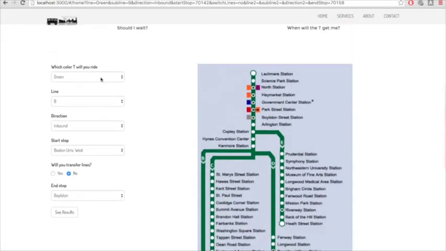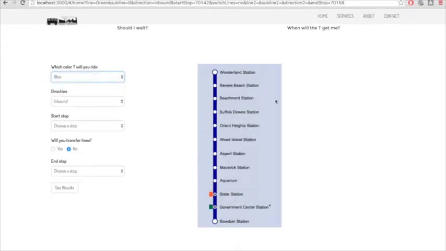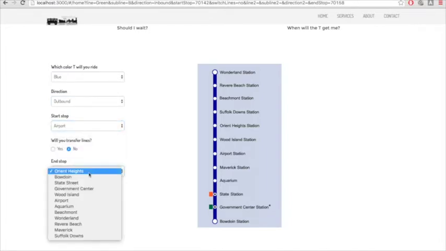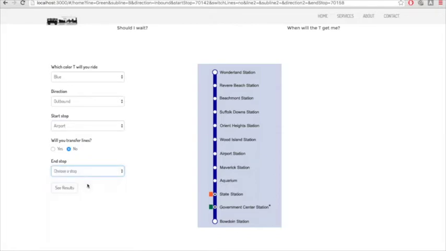So let's try out a different line. If you want to go to the blue line, you see that the blue line map pops up. This helps with the visual. You want to go outbound, and you want to start from the airport. You want to end up at State Street. So you go to see results,